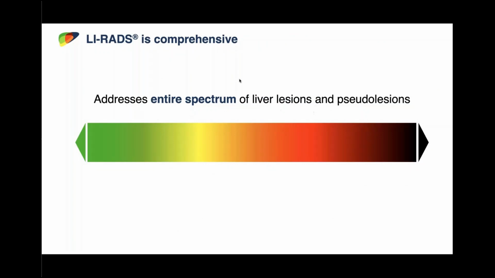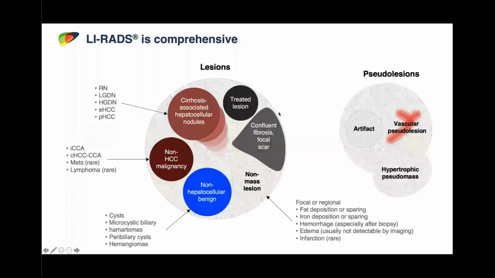LI-RADS is comprehensive. It addresses the entire spectrum of liver lesions and pseudolesions. The spectrum includes lesions such as shown here, cirrhosis-associated hepatocellular nodules, which can span from regenerative nodule all the way to hepatocellular carcinoma, non-hepatocellular carcinoma malignancies such as cholangiocarcinoma, additional lesions, including benign lesions that might be seen in the liver,